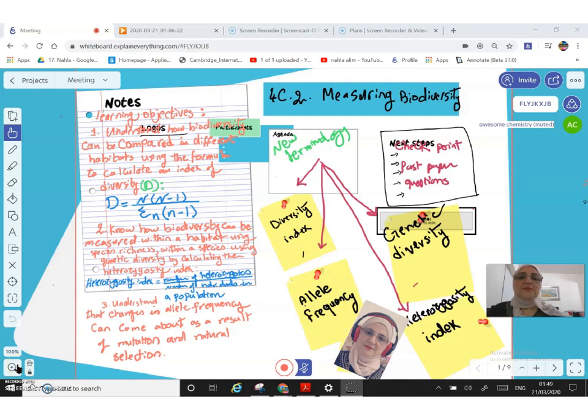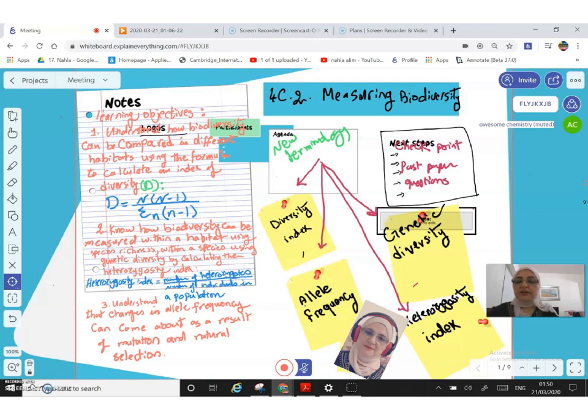Good morning, everyone. Our lesson today will be about measuring biodiversity. The learning objectives include: number 1, understand how biodiversity can be compared in different habitats using the formula to calculate an index of diversity. And we are going to learn how to use this formula to calculate the index of biodiversity. 2, know how biodiversity can be measured within a habitat using species richness, within a species using genetic diversity